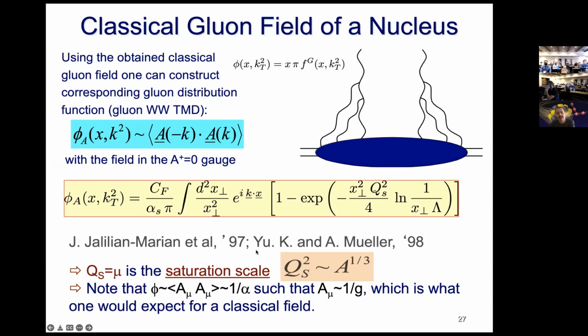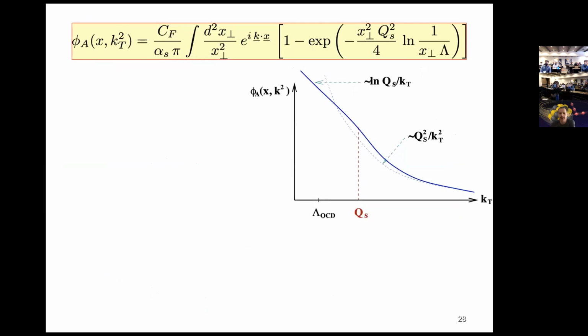Okay, you say, so what? What's the big deal? Well, let's just look at the properties of this unintegrated gluon distribution, or just the unpolarized TMD. First of all, it's a calculation from scratch, right? I haven't done any evolution. It's really a calculation in a model, rather, in this MV model, but it's a model that is not completely ad hoc, right? For a large nucleus, it's probably the dominant contribution to the TMDs at small x, at least in a certain regime before small x evolution becomes important.